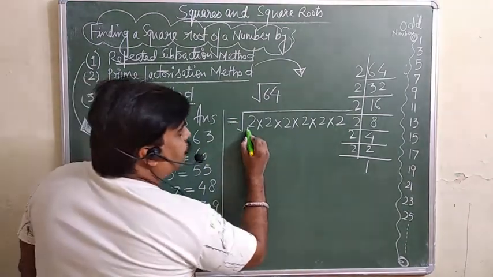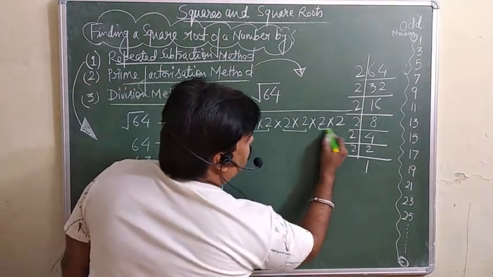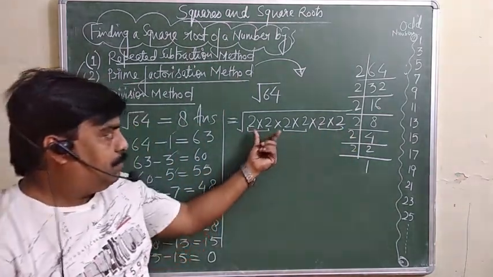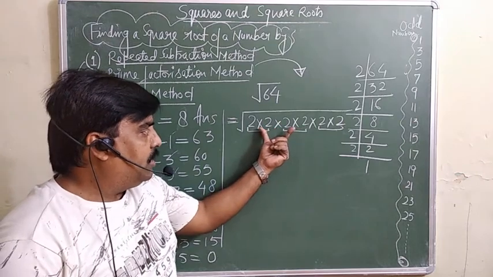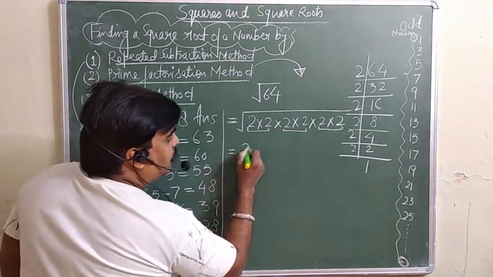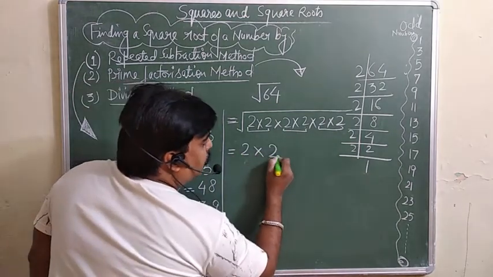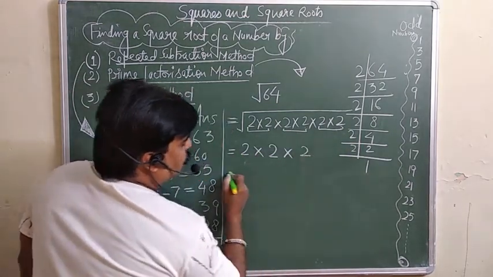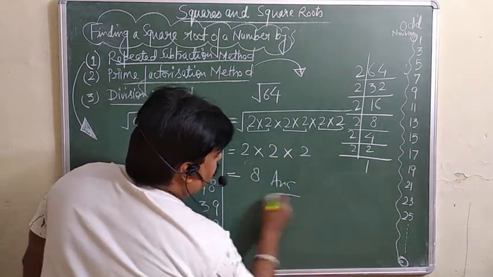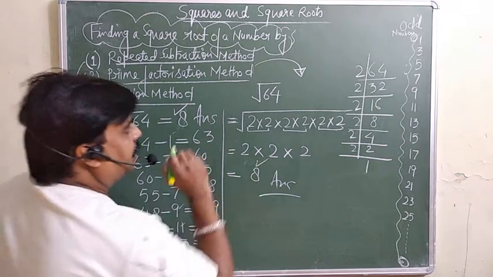तो यहाँ पर क्या है? We will make the pairs. Just make the pair. And from the pair, we will pick out one number. In pairs में से हम क्या करेंगे? Only one digit, one number we will pick out. So from this pair, one number we will pick out, 2. From here one number 2. Then here 2. So you are getting 2 into 4 into 8, and this is your answer. As usual, we were getting this here only.